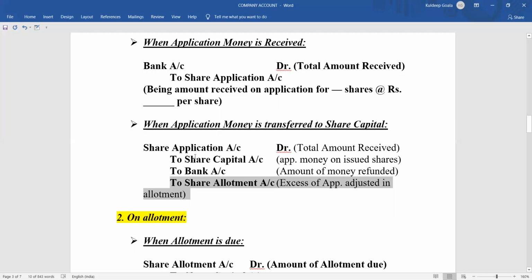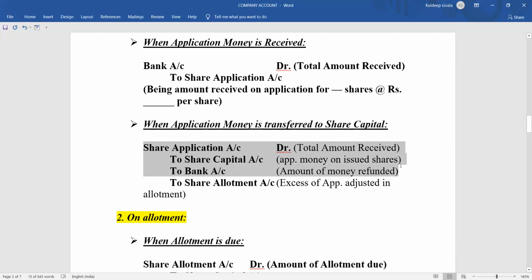This is the most complicated entry, so I'm repeating once again. What will happen is, once you receive the application money, it will be closed by transferring to share capital. So the entry is share application account debit to share capital account, for the amount of money that we have received for the application. Remember that it must not be more than the issued. अगर अंडर सब्सक्रिप्शन है तो जितना मिला है उतना, लेकिन अगर ओवर सब्सक्रिप्शन है तो कितना लोगे, जितना हम लोगों ने इशू किया है, ओके।